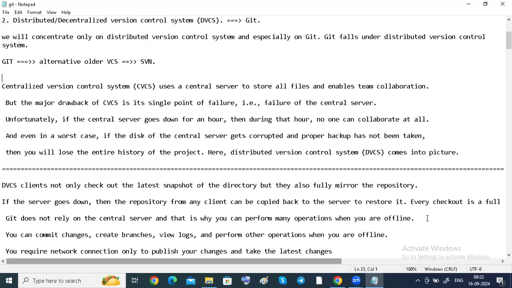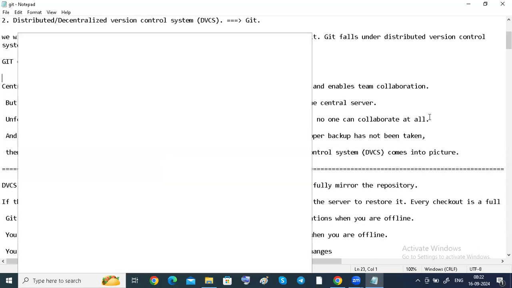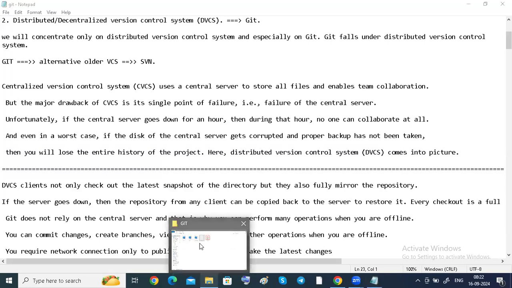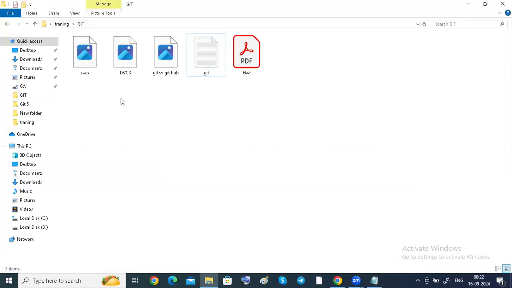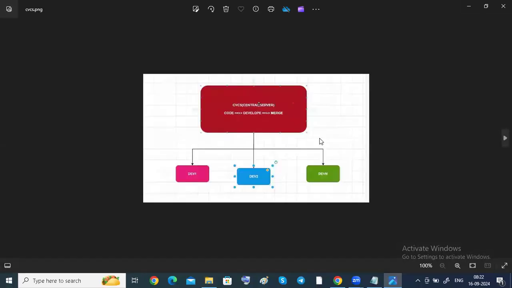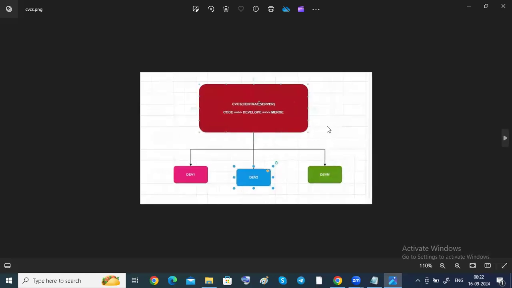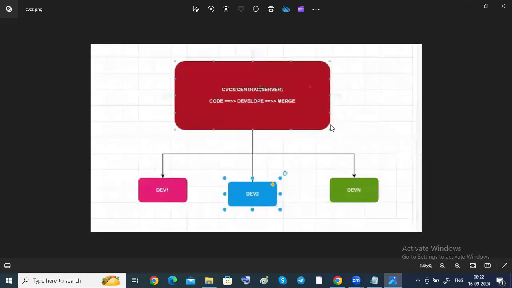Here is an example. Before that, I'm going to show you the difference between the centralized version control system and the distributed version control system in a diagram. See here, there are a lot of developers. Their code is developed in a remote repository, guys.